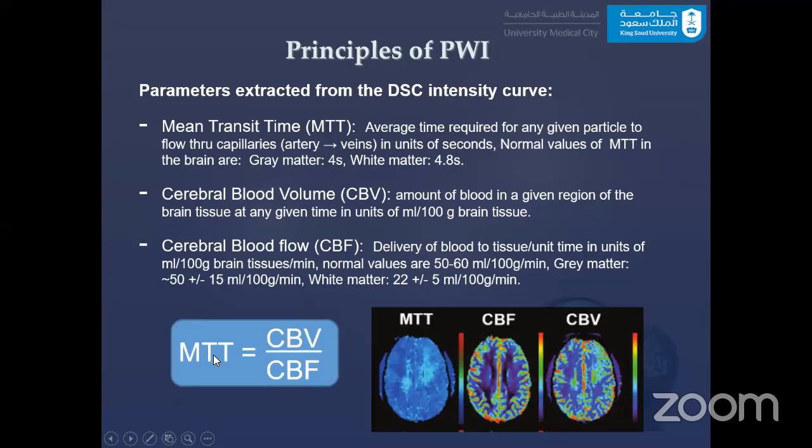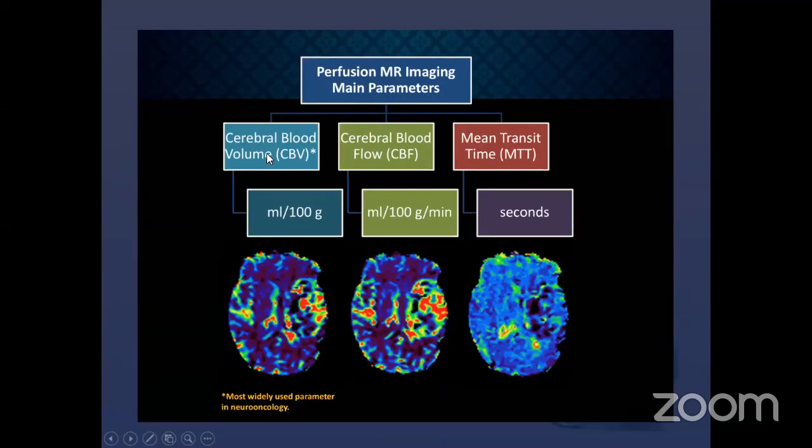So from cerebral blood volume and blood flow, we can calculate mean transit time. Those three maps are very important for us for quantification of perfusion results. So the maps that we acquired are cerebral blood volume, as you can see, cerebral blood flow, and mean transit time. This is in seconds, this is in milliliter per 100 gram, and this is in milliliter per 100 gram